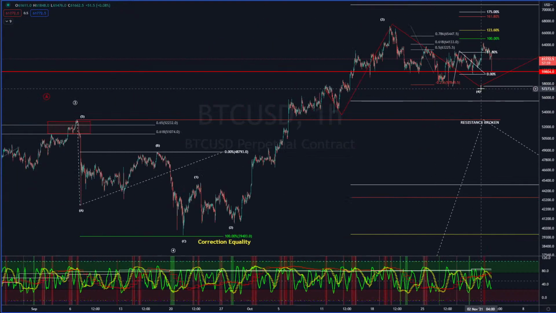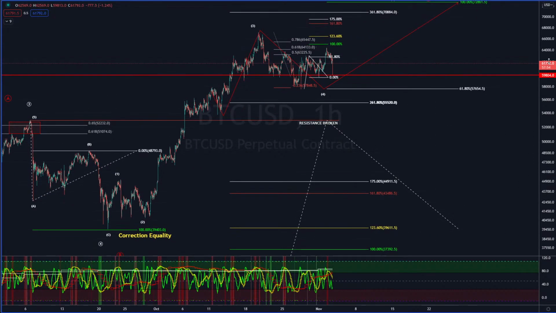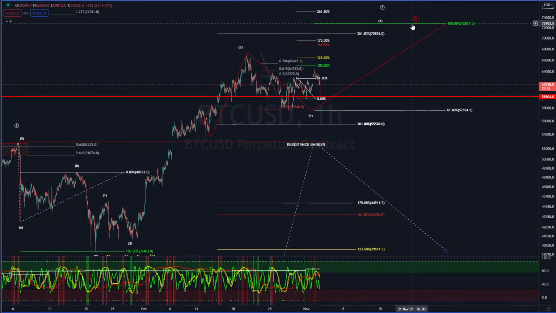My target to the upside, and again, we were looking at this, and you can see I've already got this mapped out. And so far so good. My target is sitting right up here at about 72,800 to 73,000. I've got no reason to believe that the targets are any different right now. Yeah, we're going to have some of these wicks, but look at this in comparison to the grand scheme of things. Unless we have a wick that comes all the way down here to 53,000, this still looks okay to me. This still doesn't look bad. Yeah, we can have, we call them scam wicks every once in a while. All in all, this is still looking okay.